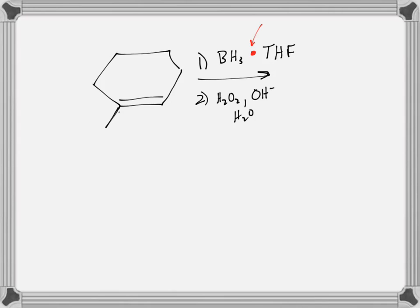Yes. Don't add too many more words. You're confusing me already. So isn't the BH3 going on the right side of that? And then the hydrogen actually probably below the